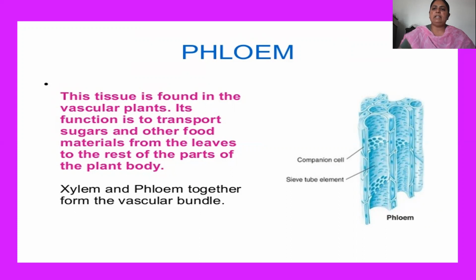Here you can see the component cells of the phloem. The main cells involved in the translocation of food material are the sieve tube elements. Along with the sieve tube elements, a special type of cells run alongside them, known as the companion cells. Why do these companion cells run along with the sieve tube elements? The only reason is that the sieve tube elements do not have their own nucleus. So they utilize the nucleus of these companion cells, and in this way they are involved in the translocation of food